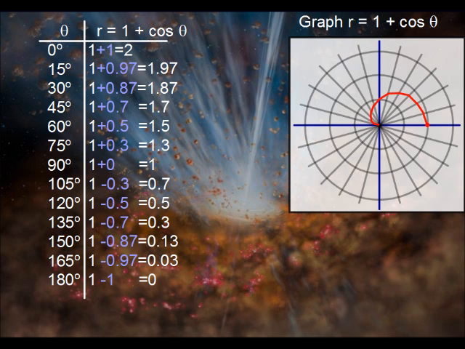Now, what you should notice here is that these values are repeating in reverse order. And because of that, if you've gone through the trouble of putting this into your calculator, you should recognize that after that, you can pretty much see the pattern. It just repeats, only in reverse order. So we had 0.3, 0.3, 0.5, 0.5. And all you have to keep in mind is the negative sign, because again, the cosine is negative in that second quadrant. So finishing up, if you were to do the rest, and we'll count all the way to 360,